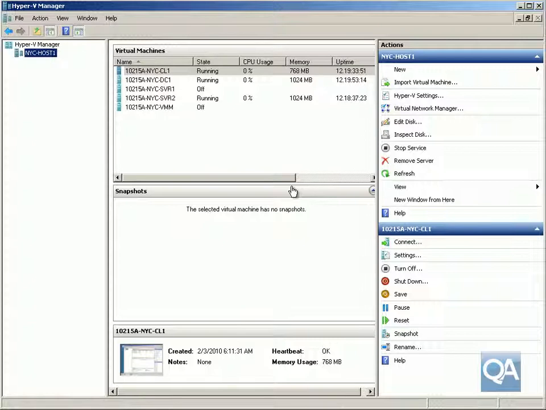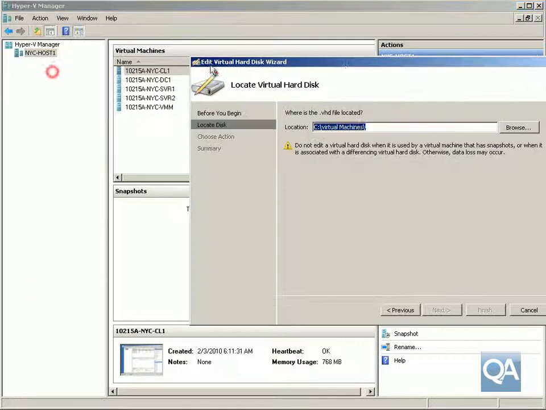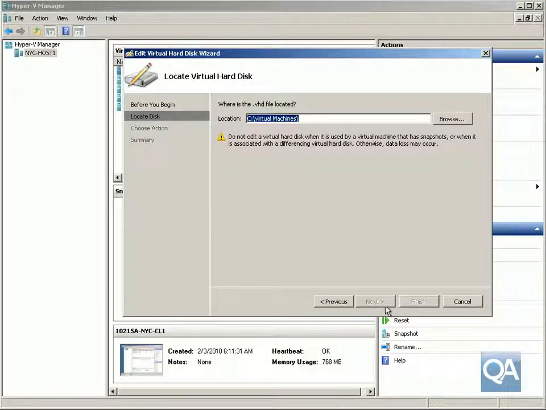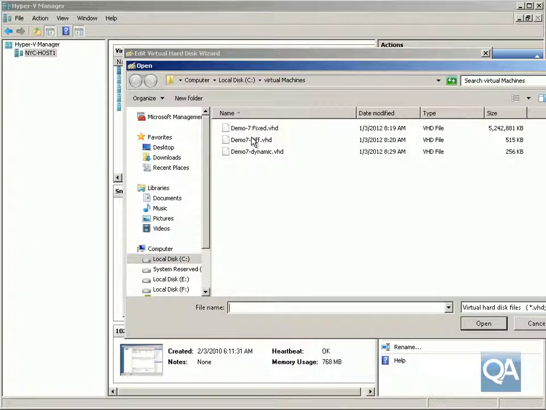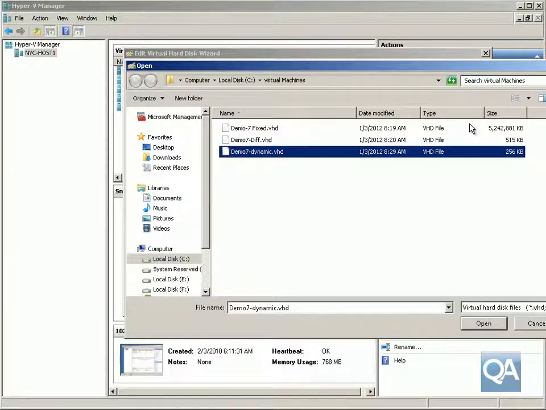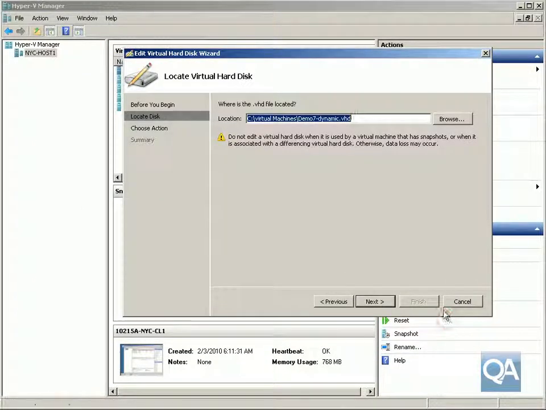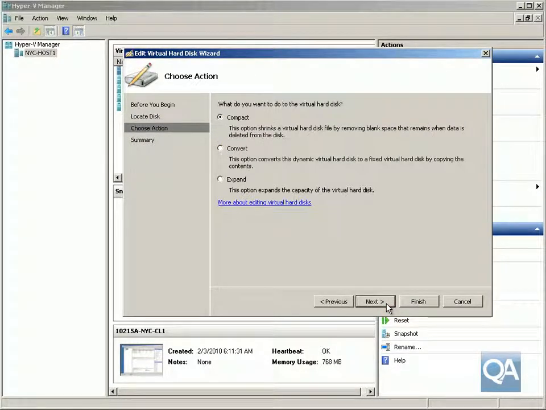Next thing we'll do here is convert a disk. So again, we'll edit our disk in our little wizard yet again. Specify the location for the disk. So we're happy with that. And the disk that we're concerned about here is our dynamic disk again. And what we want to do with this disk, click our next button. We're going to convert this, so we'll click on our convert button, click our next button,